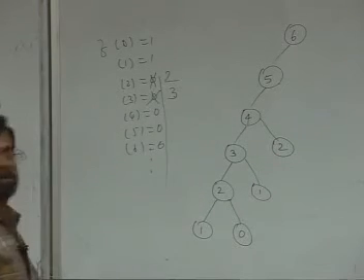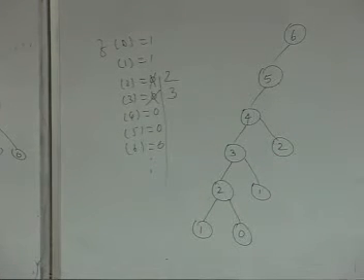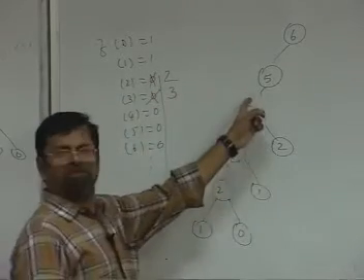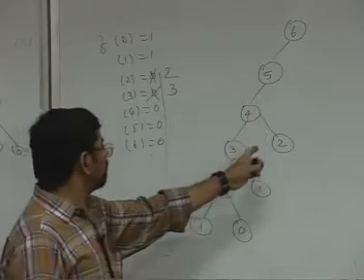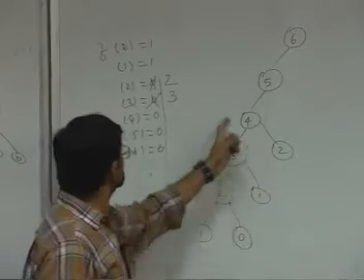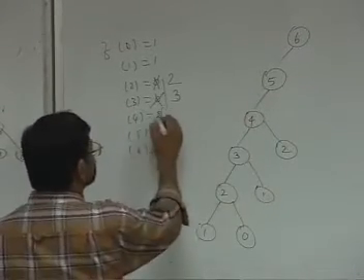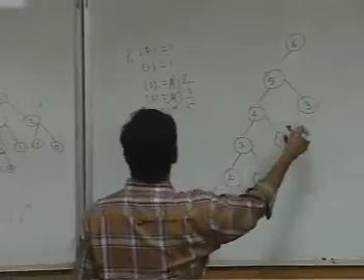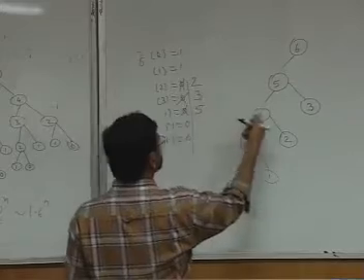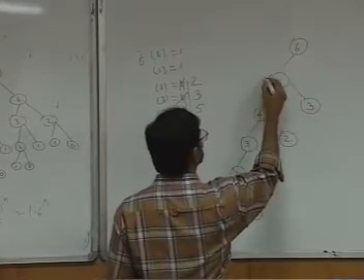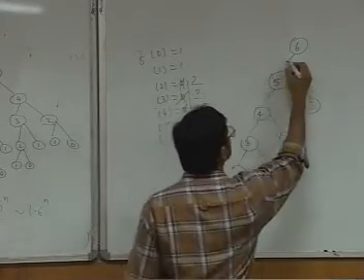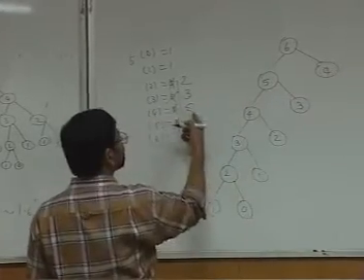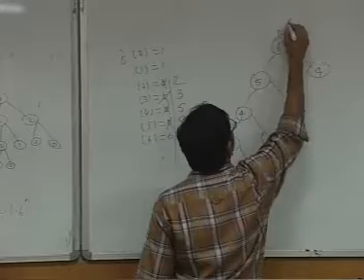Now 3 returns, and the other recursive call is for 2. I am not going to make a recursive call. Why? f of 2 is already available, I return that value immediately. Therefore, this returns 3 and this returns 2, 5 is computed and returned, and this makes another call for 3, but 3 is already available. So this has returned 5 and this computes 8. 8 is stored and returned here, and this is going to call 4, but 4 is already available, and 13 is computed and returned.